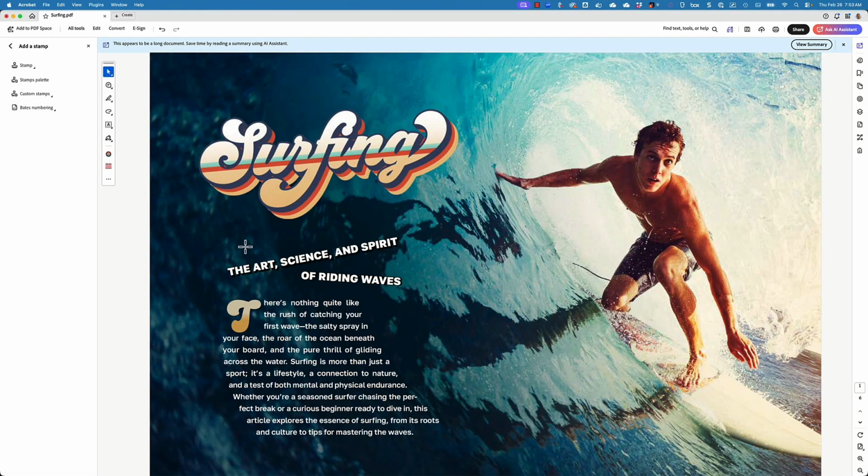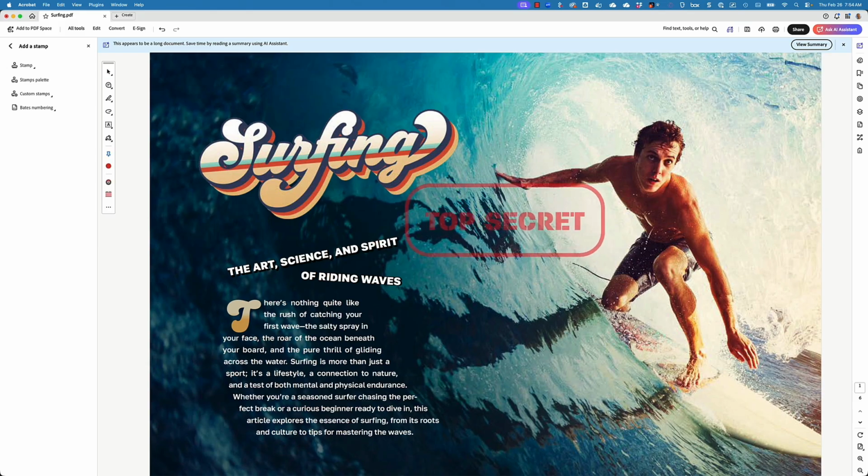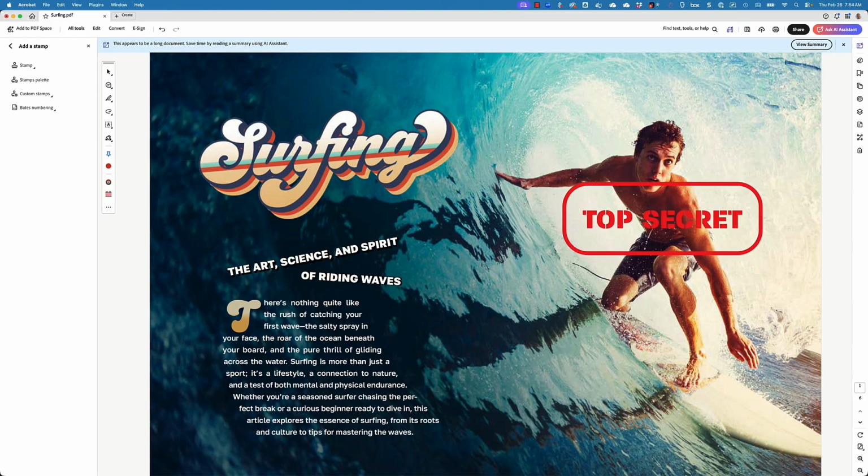And now, whenever I want to use that stamp, I can come up here to the stamp dropdown, and you're going to see a new category here called Chad's Stamps. And I can choose my stamp, and then you'll see as I move my cursor, it's giving me a preview of what the stamp is going to look like wherever I put this, right? So maybe I'll go ahead and drop this right here. I'm just going to go ahead and click, and now it added that stamp at that location.